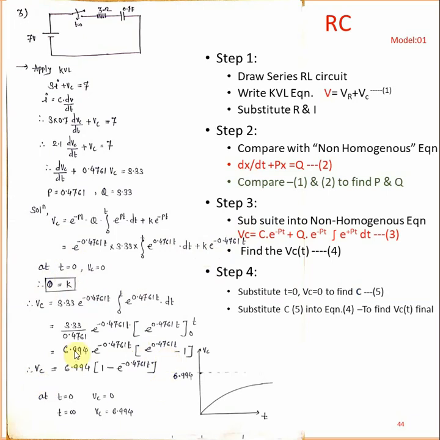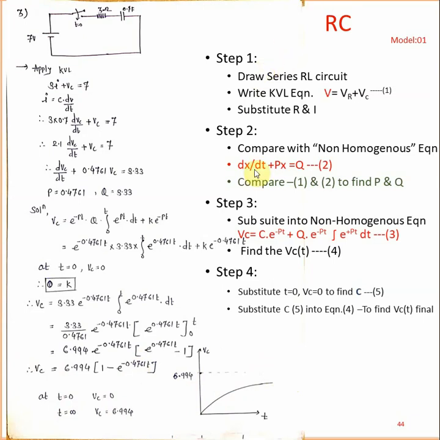Vc you can get. So this is the Vc value. Similarly, t is equal to 0, you can substitute in that place. Another one is to find out the Vc value. When t is equal to 0, Vc is equal to 0. So both are also 0. Then t is equal to infinity, you can substitute and find out the Vc. The answer is 6.99. So you can draw the curve like this. So this is about the RC method.